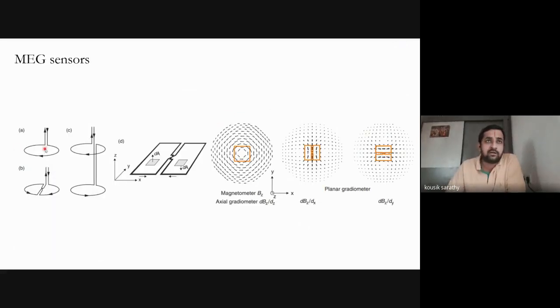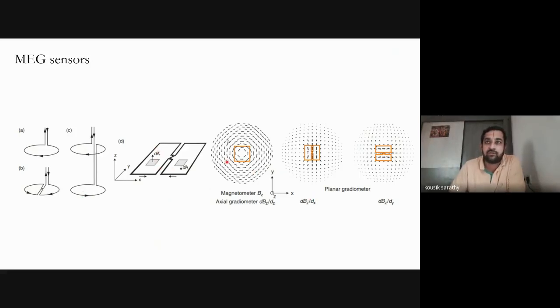If we quickly look at the sensing elements in an MEG, they are of various kinds. This is a simple coil, called a magnetometer. A magnetometer is a simple, straightforward magnetic field sensing element. Whereas this is a gradient, and you can see how it is differentially coupled. This is what is called a planar gradiometer, which means you take the differential along this plane. And then what you see here is an axial gradiometer, which means you take the differential in the axial plane.